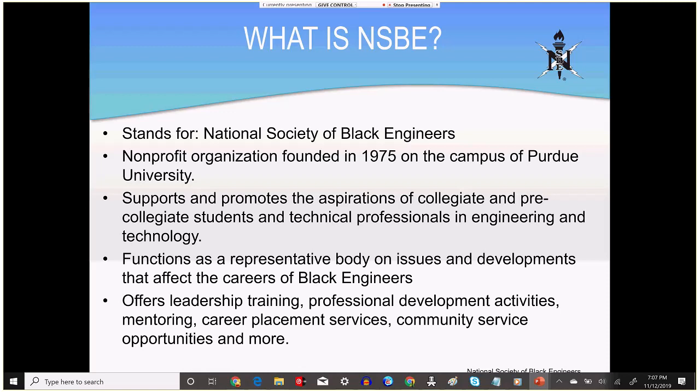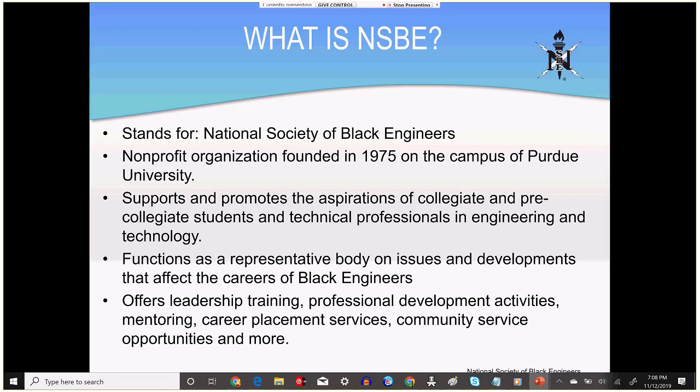So what we do, as it says, is promote the aspirations of collegiate and pre-collegiate students and technical professionals, meaning we're going to help both students and professionals become more familiar with engineering and more proficient at engineering, and we'll go through the missions right after this slide.